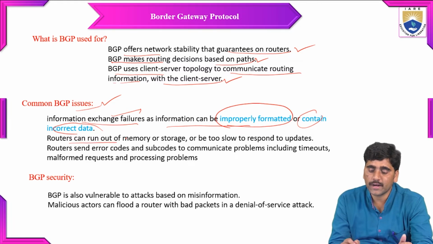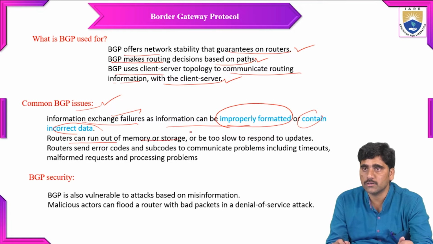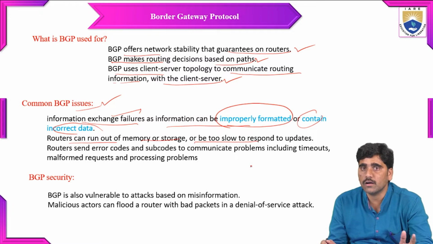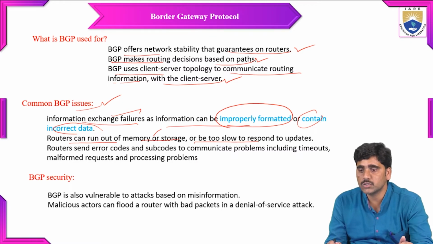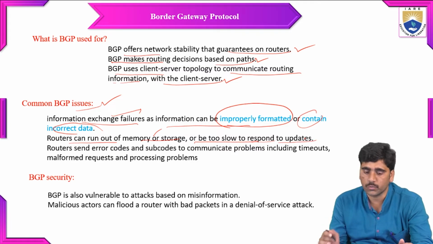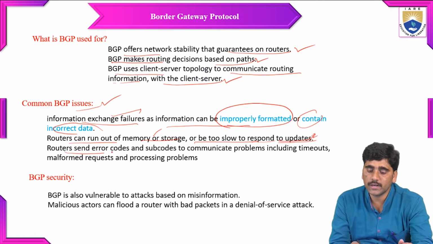And routers can run out of memory. Memory shortage and storage shortage lead to a slow response to updates. So when there is enough memory and storage, the updates get faster. And routers send error codes